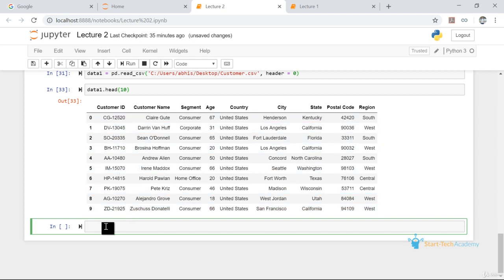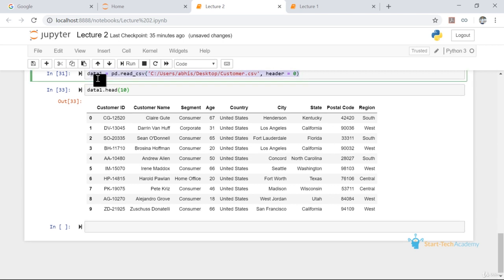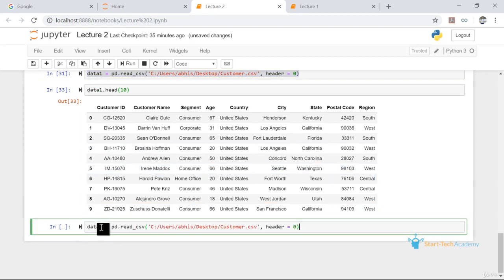We'll write this CSV file into another variable, that is data2. We'll copy the above command, change it to data2, and we'll write another parameter, that is index_col.